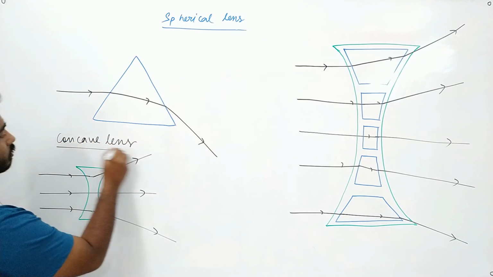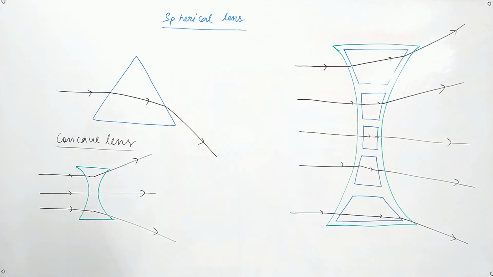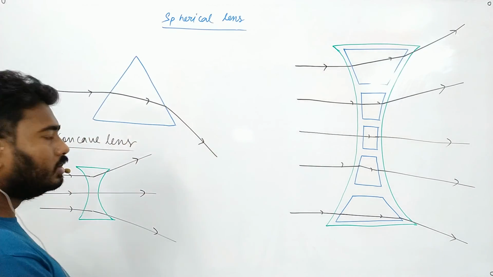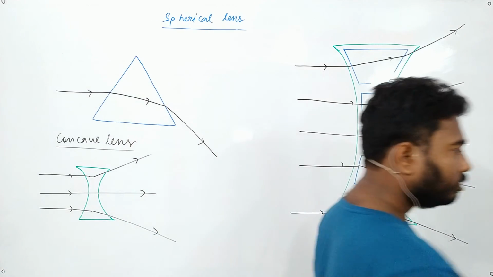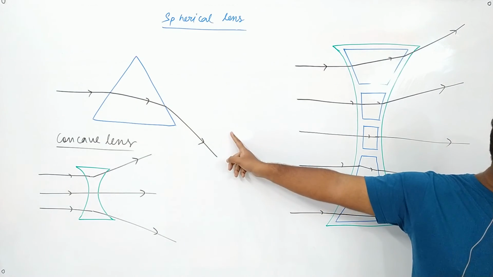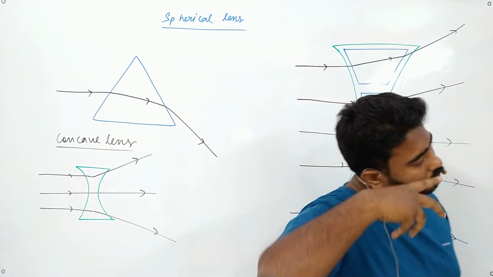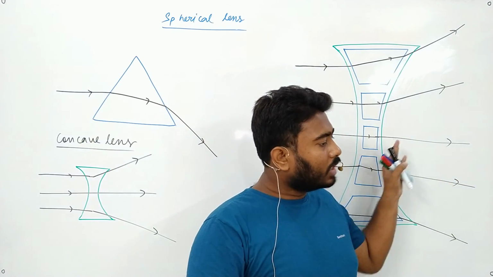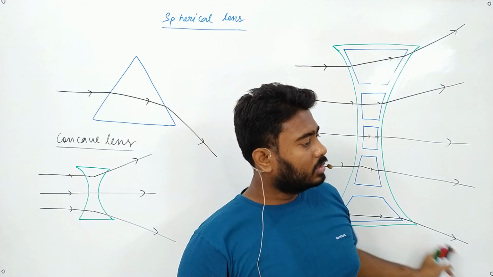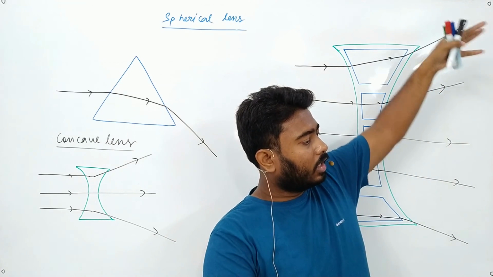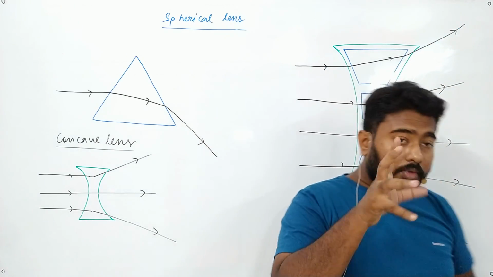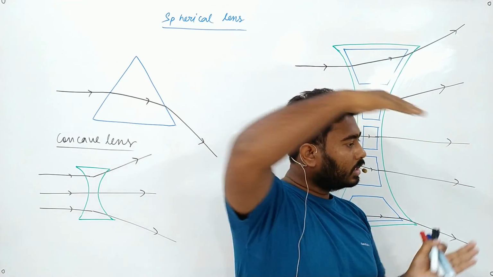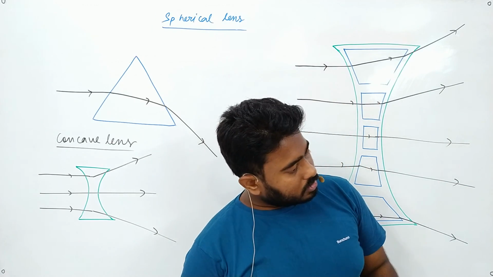What are these kinds of lens known as? Yes, they are known as concave lens. So I will ask you, till this one, is your concept clear? Yes, sir. Is your concept clear up to this one? Yes, sir. So can we say that concave lens is a type of lens which diverges the rays? See, the rays are going out and they are diverging. And for convex lens, can we say that it will converge the rays? Convex lens always converges the rays. Can we say that also?